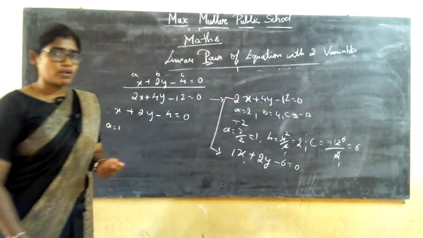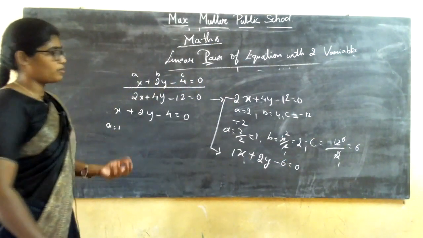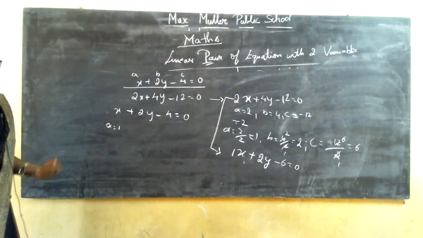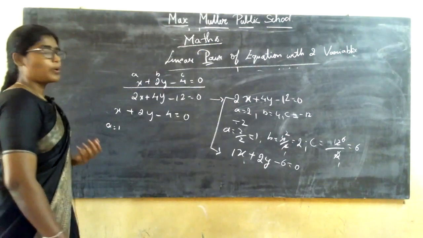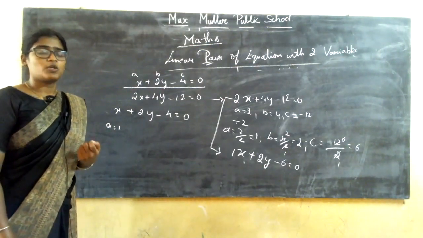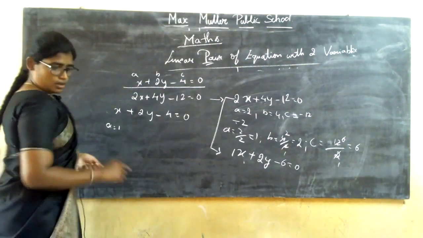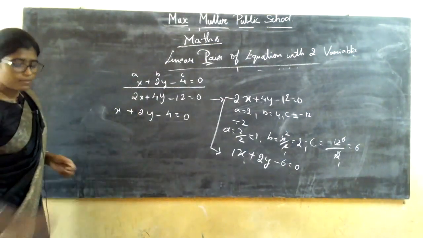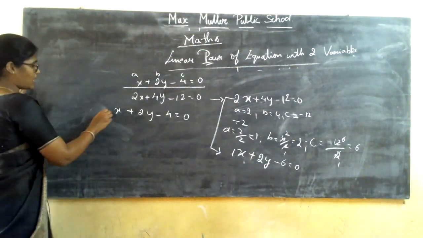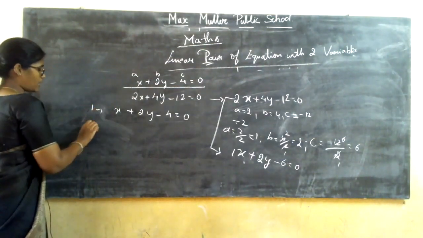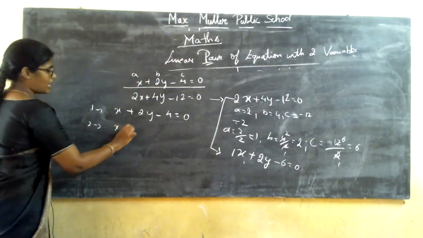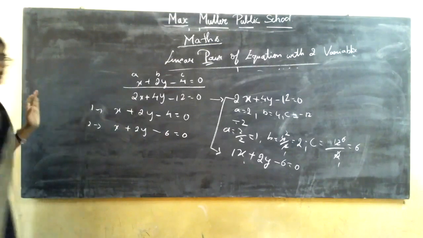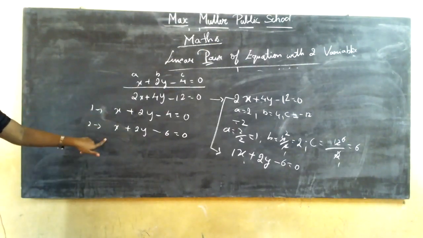Now you can verify, or you can check whether you get the same coefficients or not. How are you going to check the coefficient? You will get it as same or not. Till now, I think you people do not have any doubt. Now, let me write both the equations, one below the other. This is the first equation. And coming to the second equation, you get it as x plus 2y minus 6 is equal to 0. Okay, this is the first equation and this is the second equation.